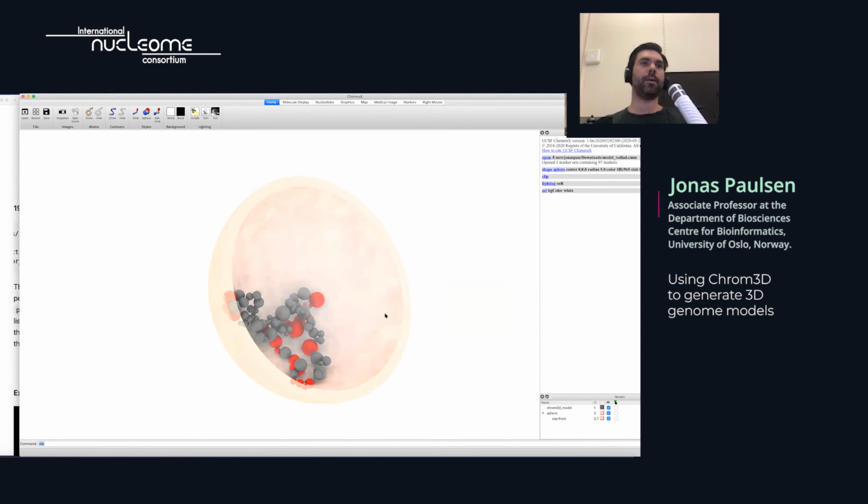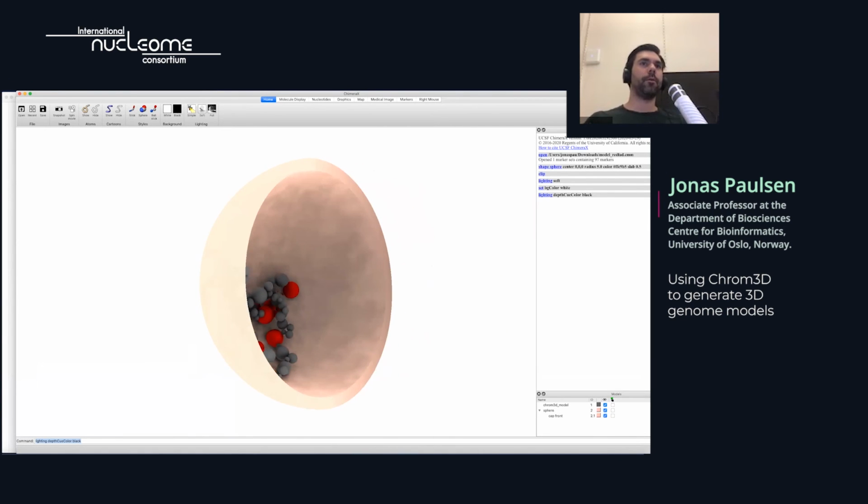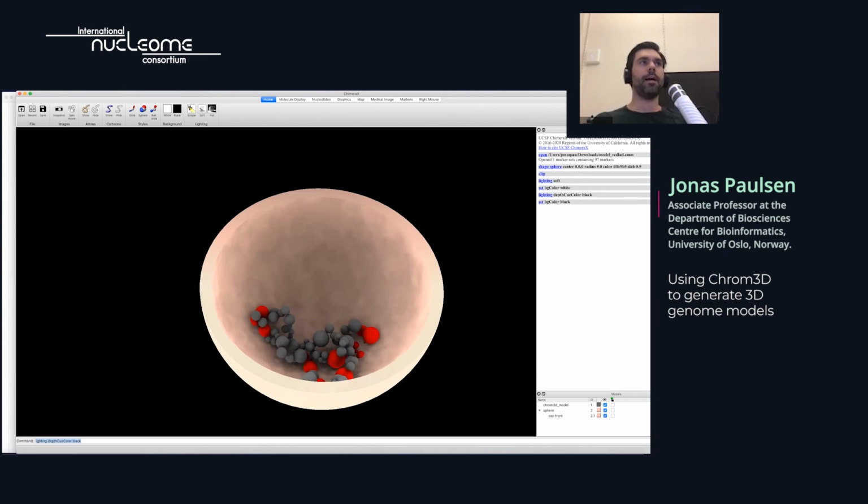For some final remarks, as we have touched upon already a couple of times, what we do in practice is to generate multiple models, starting with different random seeds to actually be able to generate some statistics from these models. So for example, in the publication from where Chrom3D was published back in 2017, we could, for example,